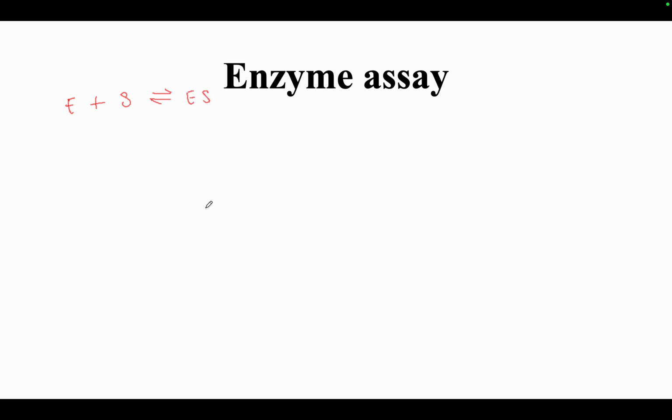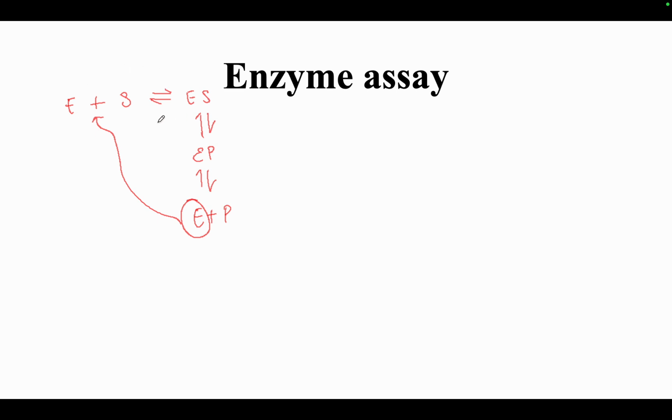This complex can be further converted into an enzyme product complex, and from this enzyme product complex we get enzyme plus product, and this free enzyme we get in the end can further convert other substrate molecules into product, and the reaction will go on. So this is the general